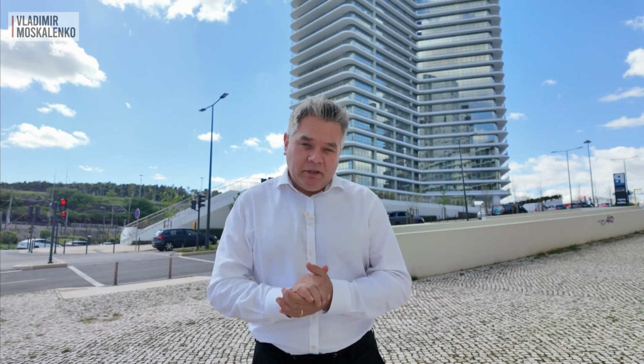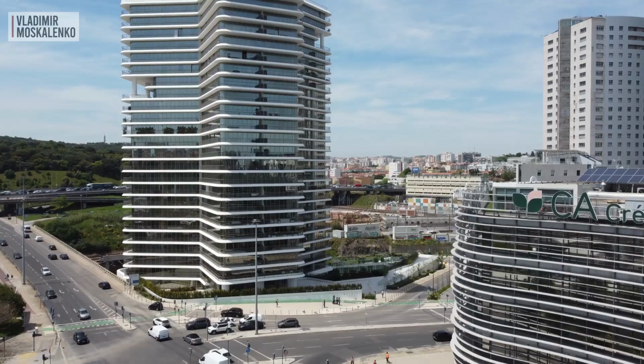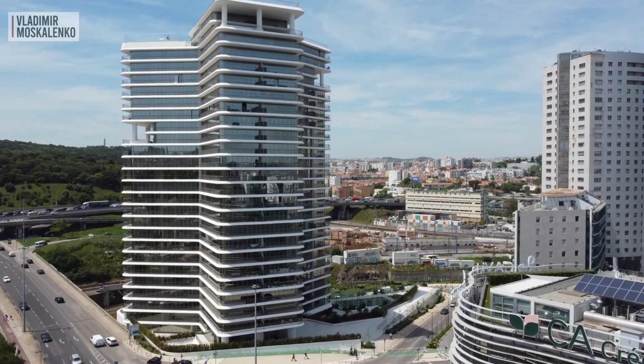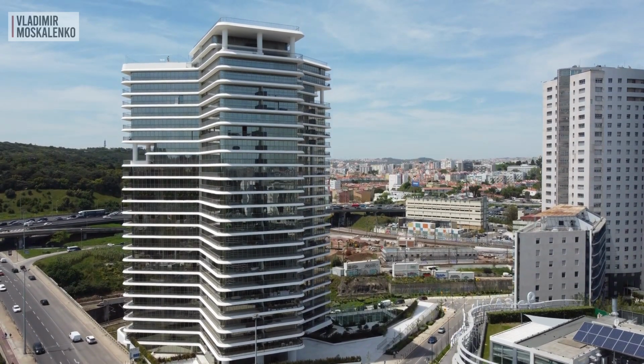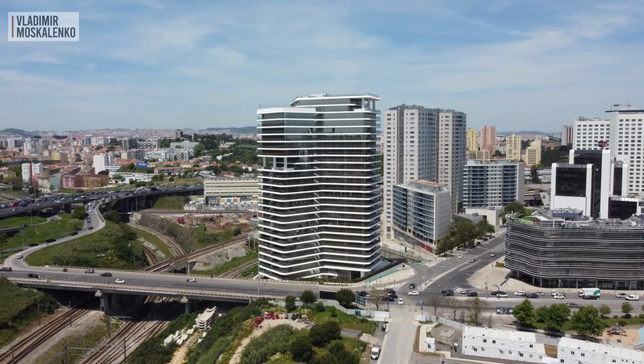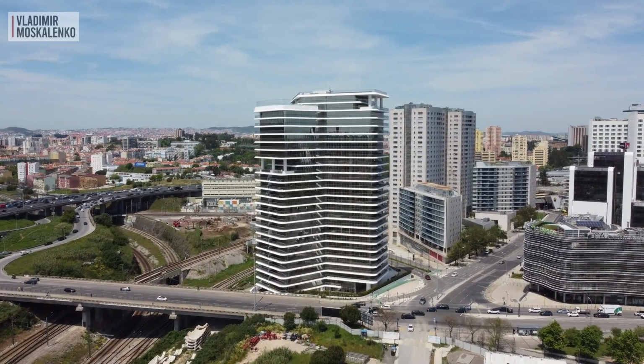Hello, friends. Today we're going to have a room tour, and it's quite an unusual room tour. We'll be visiting an apartment in one of the latest, newest, most beautiful, and most expensive residential complexes in Lisbon. This is Infinity Tower. Infinity Tower was designed by the firm Saraiva Plus Associados, led by Miguel Saraiva, a renowned